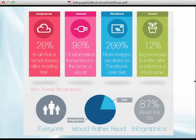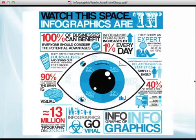Here's just a little, again, an infographic with more of those kind of statistics, repeating a lot of what I just said about the information that's transmitted to the brain having to be visual, and the bottom line that most people would rather read an infographic than they would want to read some boring bit of data. Okay? And from a campaign perspective,